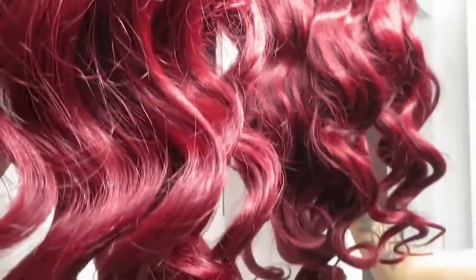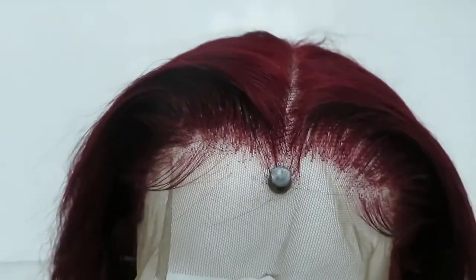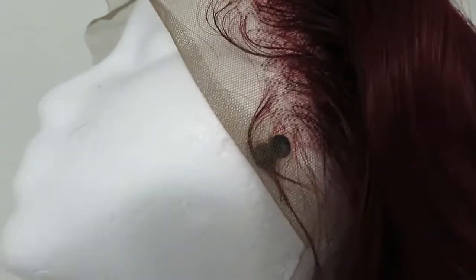But off camera, I decided to go ahead and add kind of like a widow's peak and just more of a regular shaped hairline, how my hairline is. So I went ahead and added some water to the hairline, used my tweezers to tweeze this, and then this is what I was left with. I did go ahead and add some baby hairs also for installing the wig. I just set the hairline and the baby hairs with some GOT2B glue and let that dry while I braided